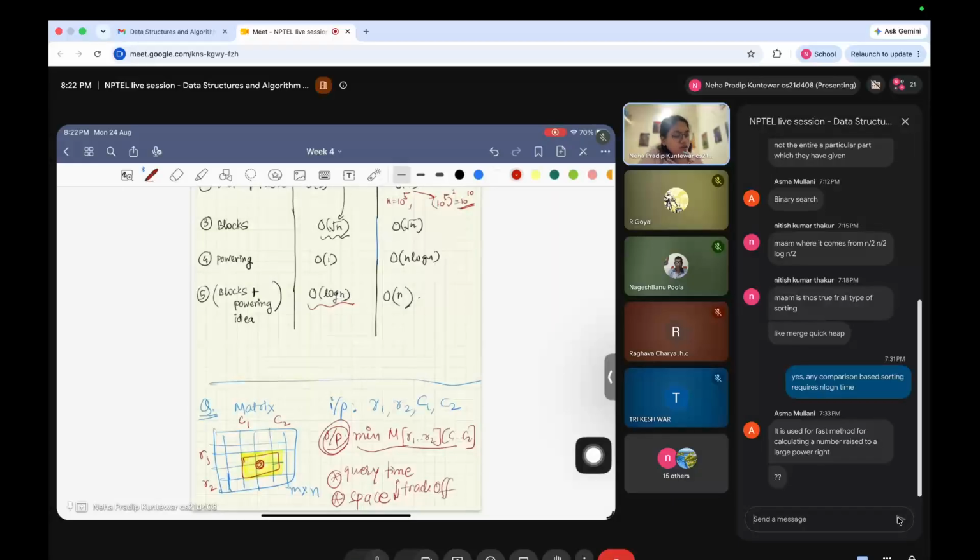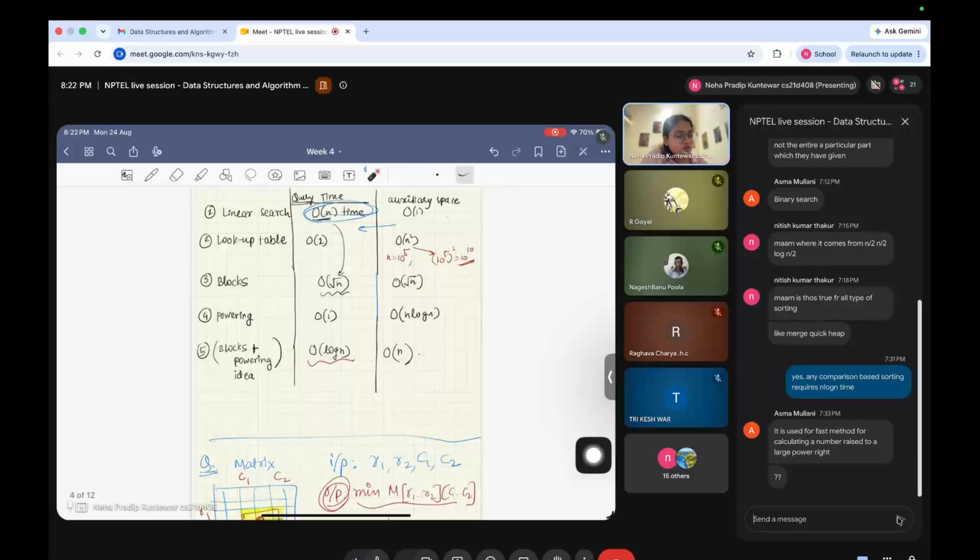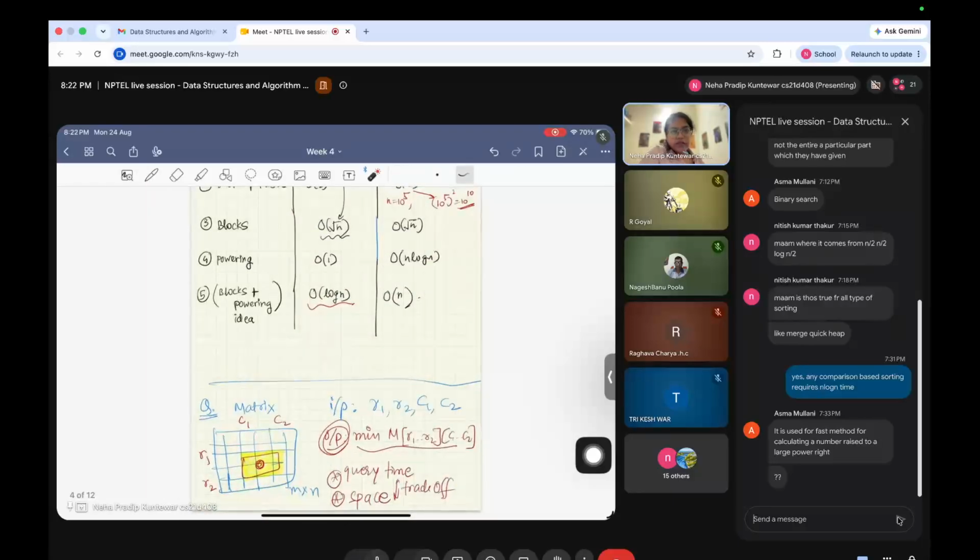If you apply different strategies, you should be able to see similar trade-offs. This should be very similar to the array, so we will not get into this. Okay, and note here is